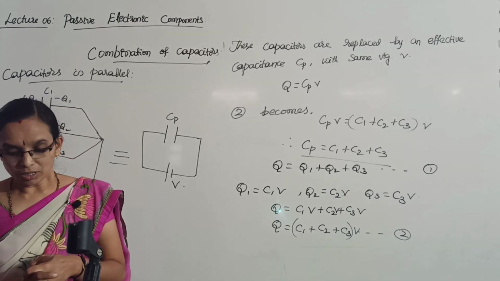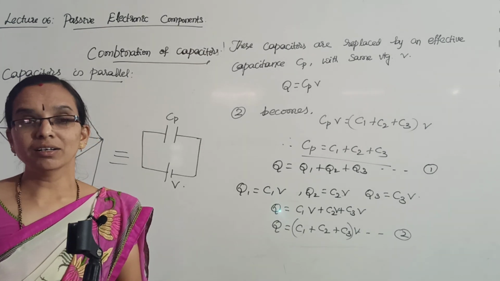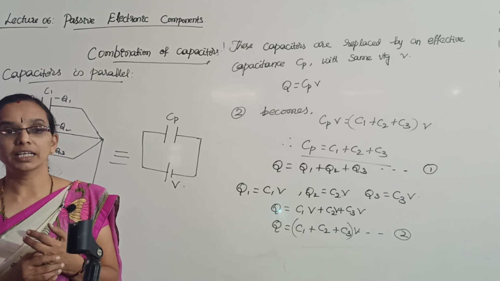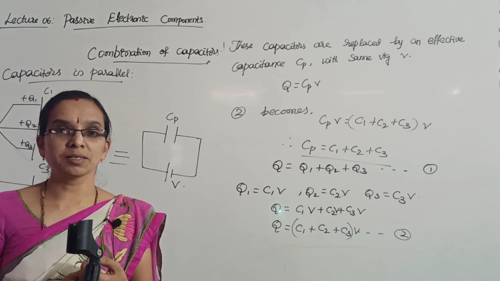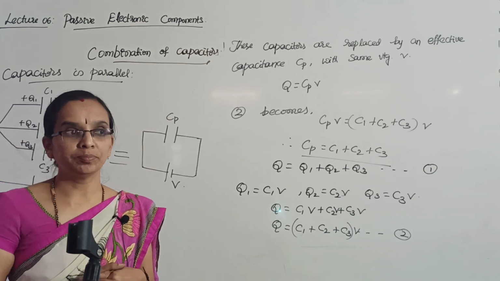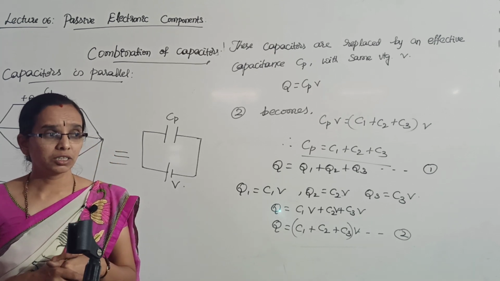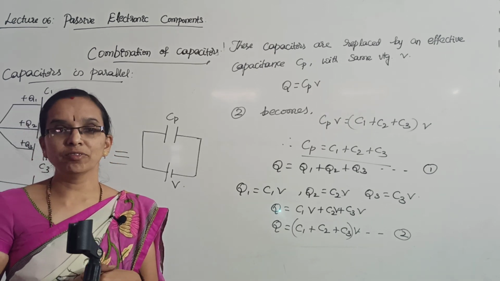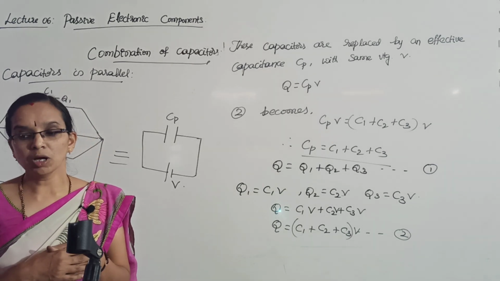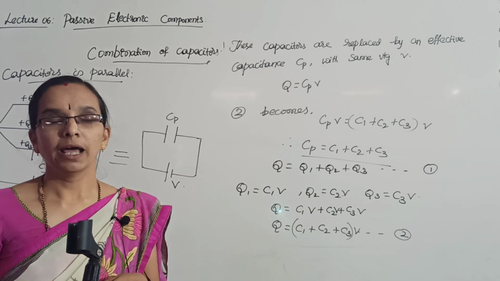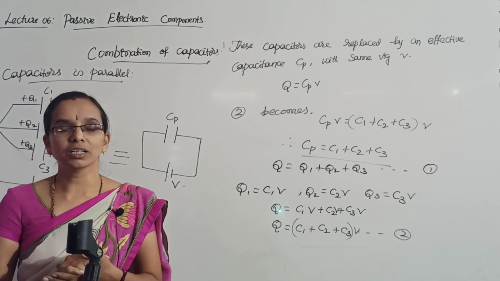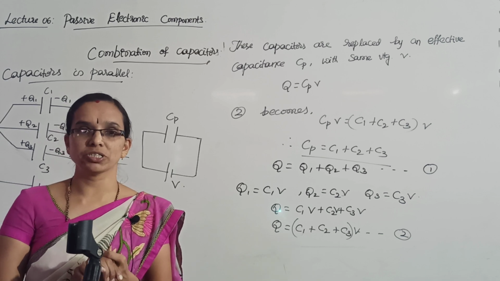Okay. There will be problems asked on this series and parallel combination of capacitors that we will cover in the next class, and also energy stored in capacitors, and one more thing, Q is equal to CV. On that formula we will have problems. In the next session we will have problems on those, and we have also left the types of capacitors, which we will cover after the problem session.